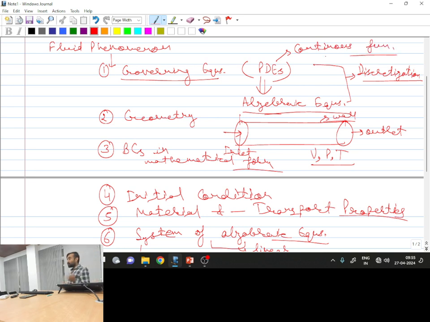If I solve a differential equation, say dy by dx is equal to something, then y will become, say, f of x plus a constant. Now I can substitute any value of x and calculate the value of y everywhere. So it gives me a continuous function. But CFD will be giving me